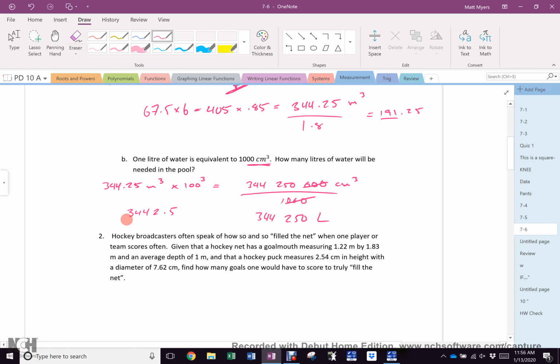Now, a bunch of kids only did the 1, and they said 3,442.5. Then they divided that by 1,000 and got 3.442 liters. I have had kids hand that in to me. That's a liter. Does that 3 times fill a swimming pool? No. If you do not know what you're doing and your calculator gives you an answer and it makes no sense and you write it down, I will mock you